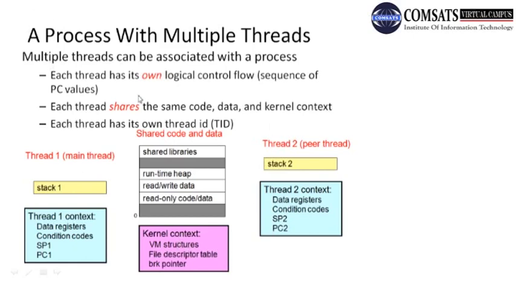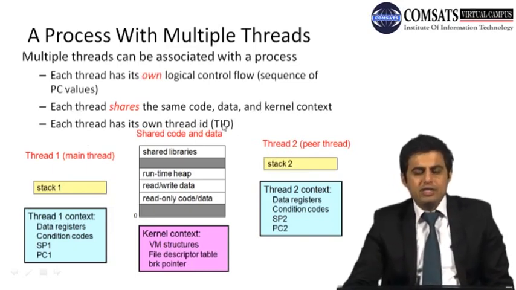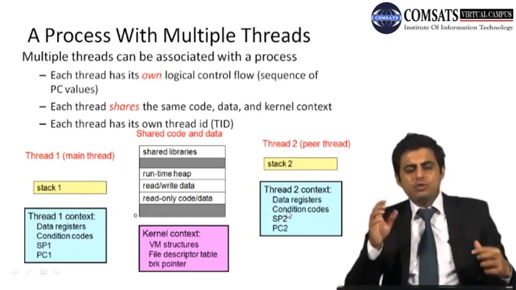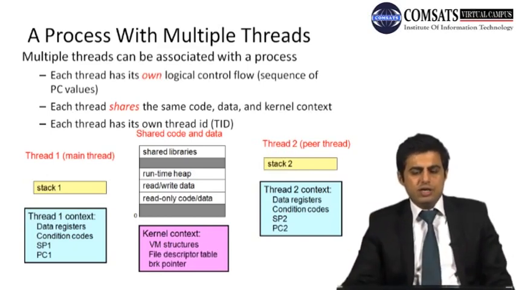So each thread has its own logical control flow. Each thread shares the same code, data and kernel context, and each thread has its own thread ID. تو تھریڈ آئی ڈی جو ہوتی ہے بیسیکلی وہ ان کو ایک دوسرے سے ڈسٹنگوش کرواتی ہے۔ جب آپ نے تھریڈز کو ایڈریس کرنا ہوتا ہے تو پھر آپ تھریڈ آئی ڈیز کے تھرو تھریڈز کو ایڈریس کرتے ہیں۔